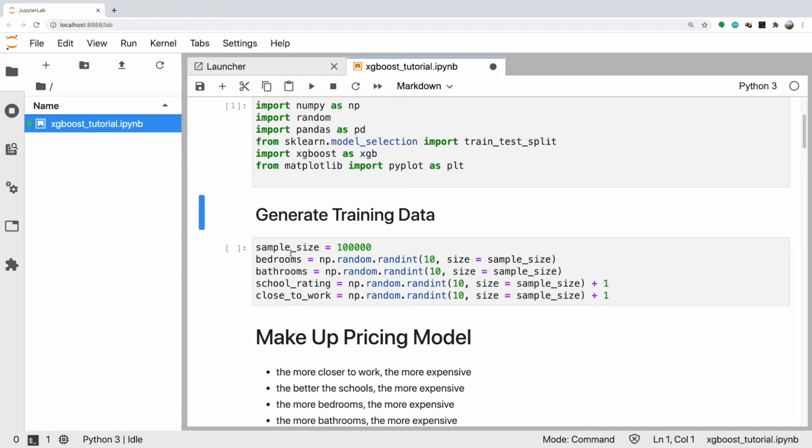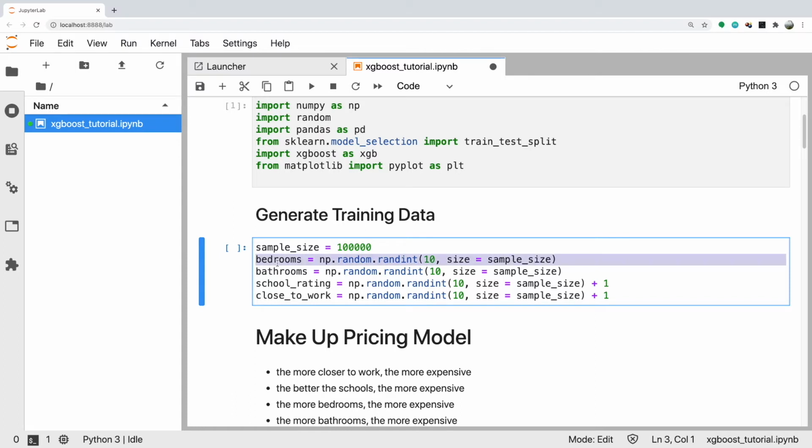In this particular case, I'm going to generate 100,000 training examples, and the object I'm looking at is a house. These are the features to describe the houses. A house has a certain number of bedrooms and a certain number of bathrooms, and the school rating,